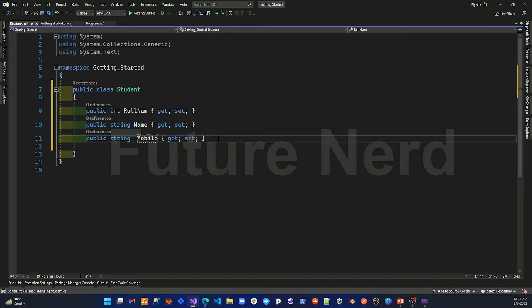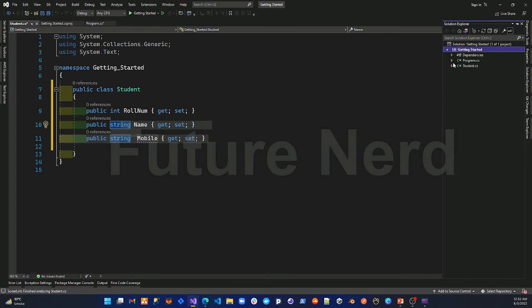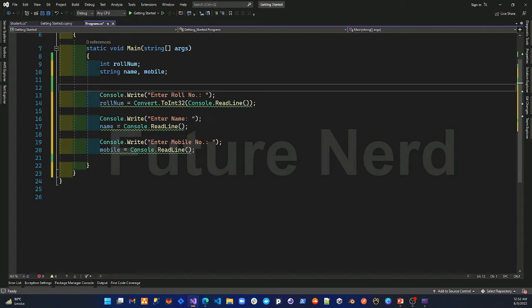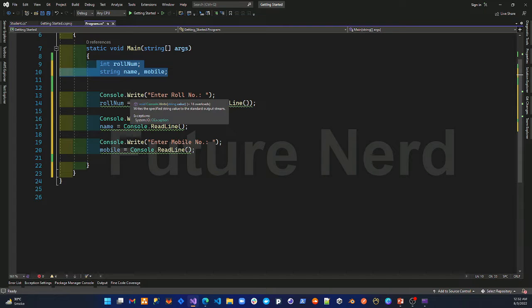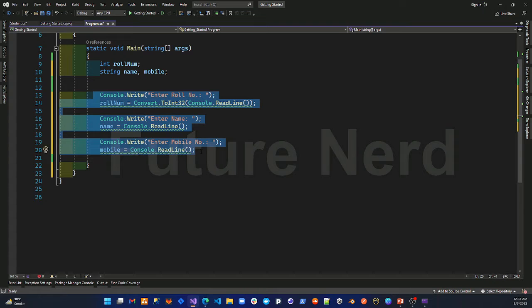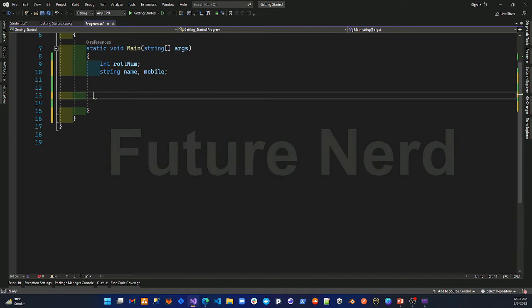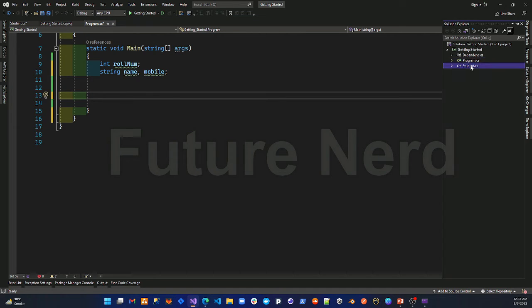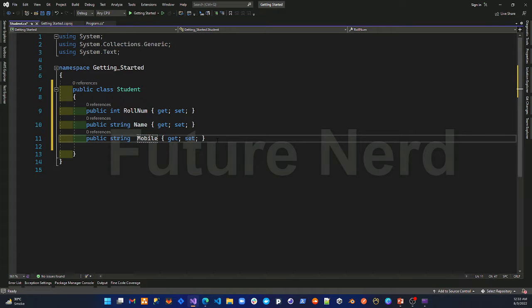Okay, we have encapsulated these data members, these variables, in our class that we want to repeat for every student. If we have a number of students like 4,000, 5,000, we can encapsulate this as well in our class. Let's say we have a function like